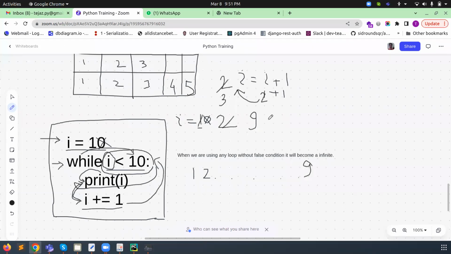9 plus 1 means what? It will be 10. So we can put the I value as 10. Now it will come here and check: 10 is less than 10? No, false. Then automatically, when the condition of the loop is false, it will always send the control outside of the